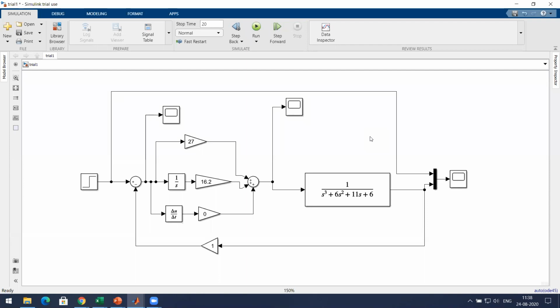So what is a PI controller? A PI controller is nothing but Kp plus Ki by S. Correct?